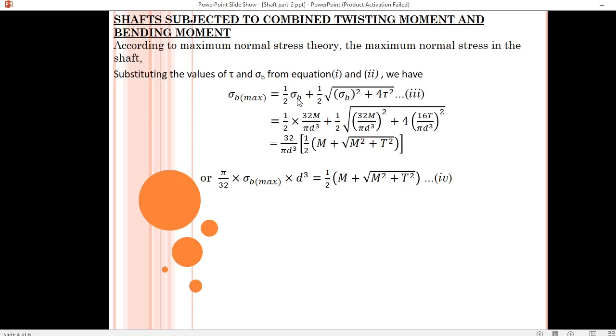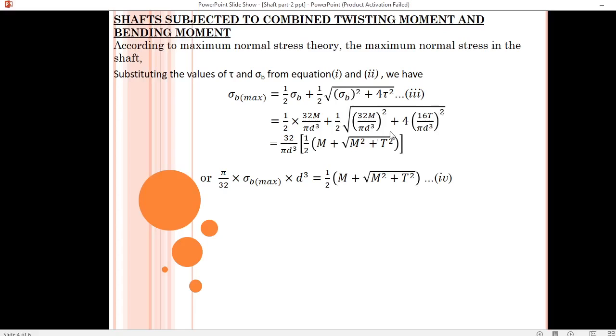So putting the values of sigma b and tau from the above equations 1 and 2, what we are getting is 1 by 2 into 32 M divided by pi d cube plus 1 by 2 root over of 32 M divided by pi d cube whole square plus 4 into 16 T divided by pi d cube